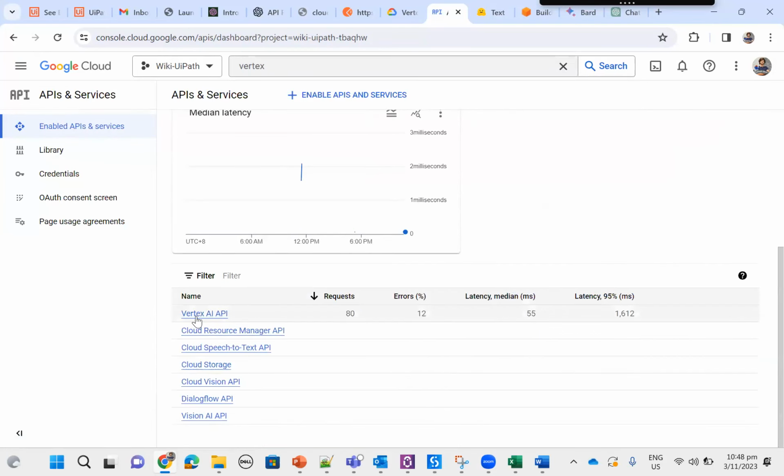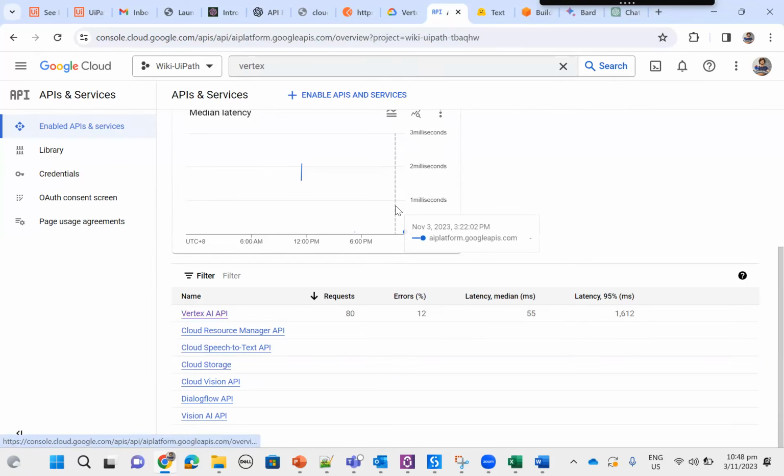Okay, now you see I created Vertex AI API. There are 80 requests from my APIs till date, and then there is 95%. I mean, you see the latency, then there are some couple of errors and data, right? And there are various APIs which I have enabled, but I haven't used them. Now I click on Vertex AI API,